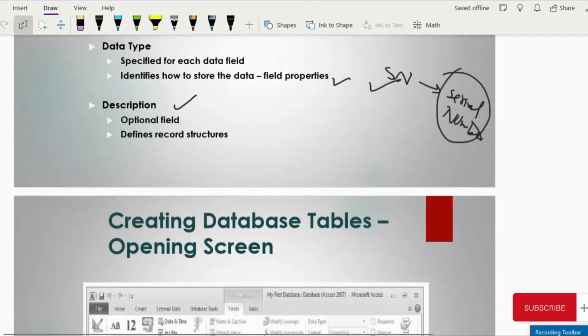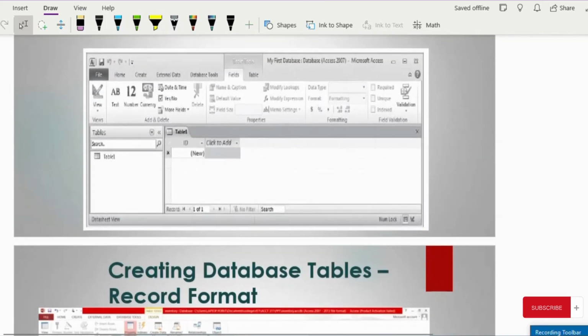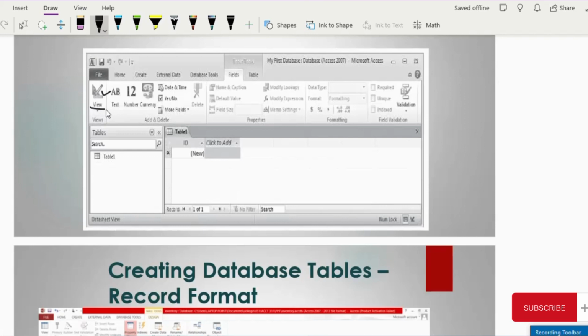So when you open Access, this is a table view of Access. This is how it looks, and if you see over here, we have View. When you click on the drop down, it gives you both options. It says table view, it says design view, it says SQL. So whichever you want. Let's suppose here in the table view we need to enter the data,